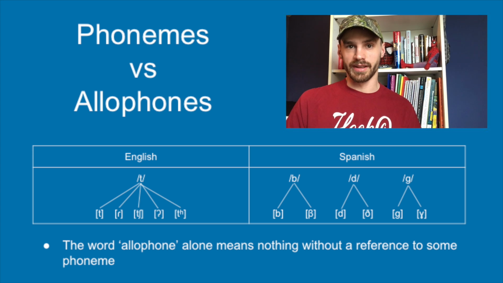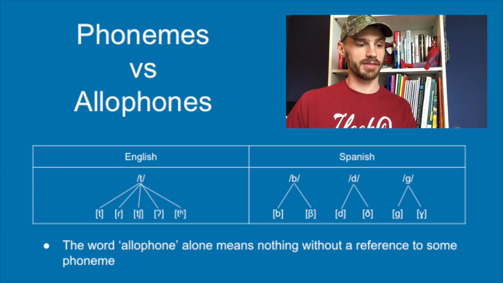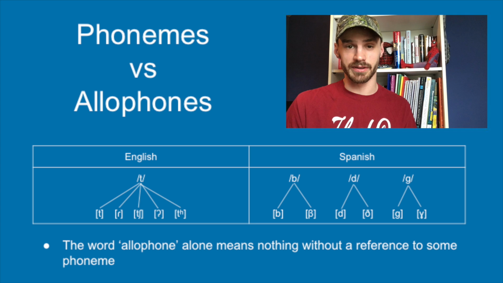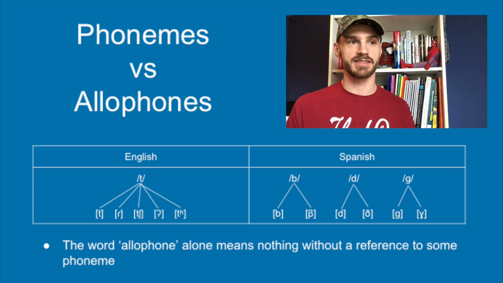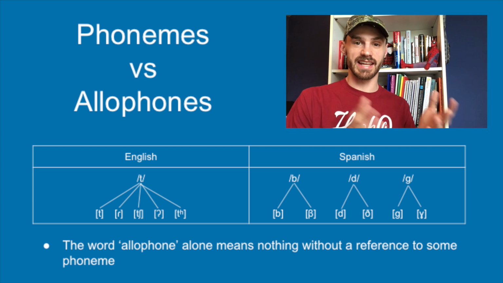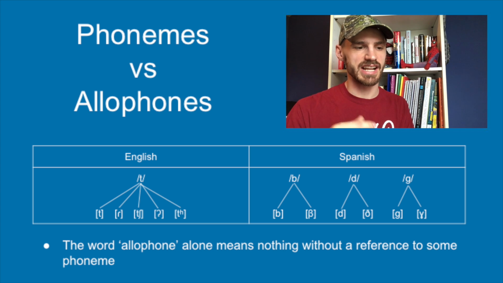V is not an allophone in English. It's only an allophone of the Spanish phoneme B, and other languages as well, but it doesn't exist in English. The tap that is used as an allophone of the English phoneme T is an allophone in English, but it is a phoneme in Spanish. It's a phoneme that's used in the word para, caro. That's just a phoneme by itself in Spanish, whereas in English, it doesn't have phoneme status. It's only an allophone of the D phoneme. So I hope that distinction is clear.